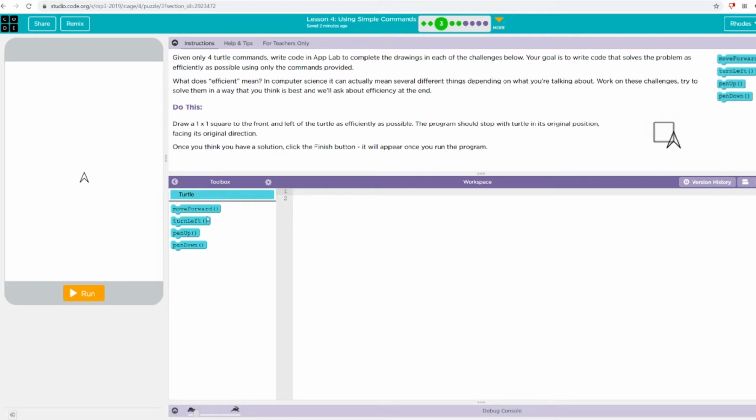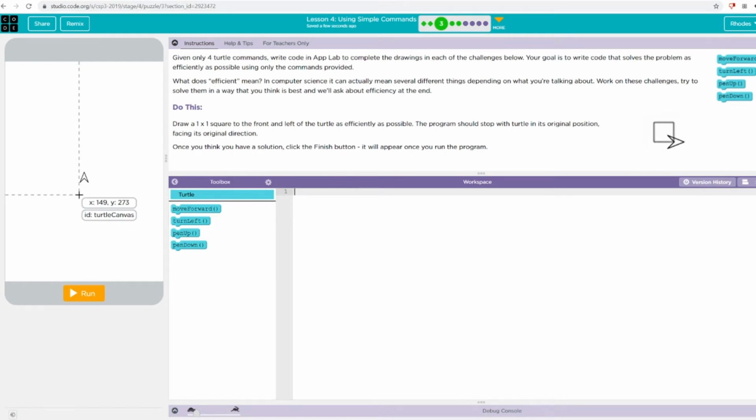All right, kids. Let's talk coding here. Move forward here is going to move our little turtle forward. We don't have any parameters or arguments to that yet, so it's going to move a specified distance. Usually, that's 10 pixels. Turn left, we'll do just what that says, turn our little turtle left. Pen up and pen down. This goes back to what I was